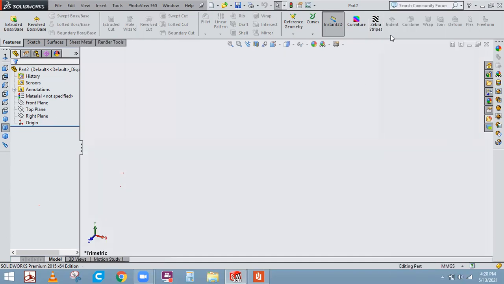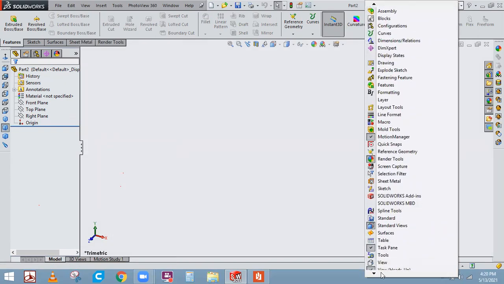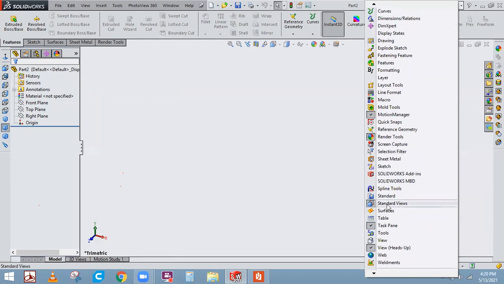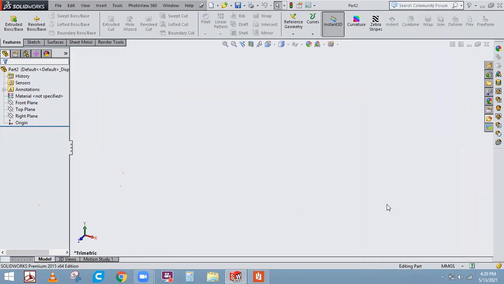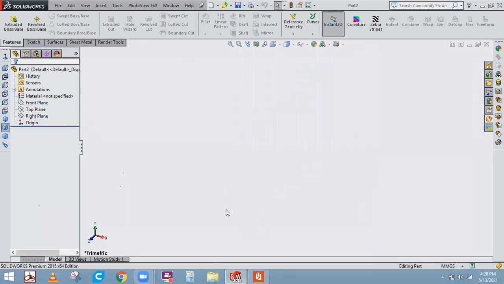You do one thing, you just give a right click on this bar, okay? You just give a right click here and you can notice the standard views. Can you see this? The standard views here. If you switch that off, it will go off. You just give a click and switch on the standard views, and it will come, sometimes somewhere here, somewhere here. You just drag it and place it wherever you want it.